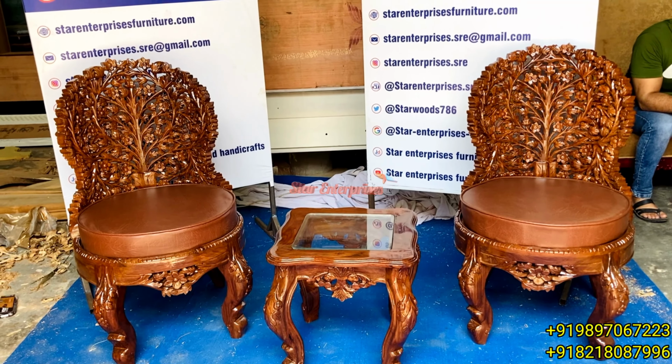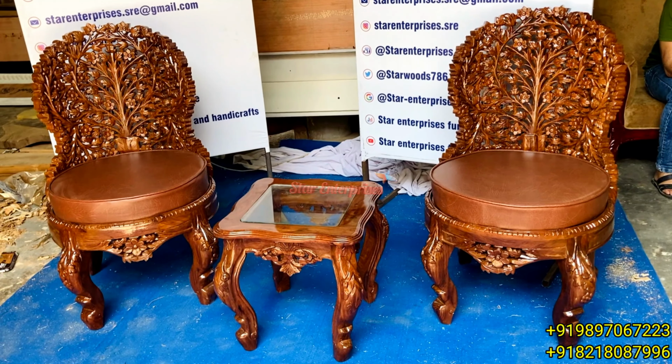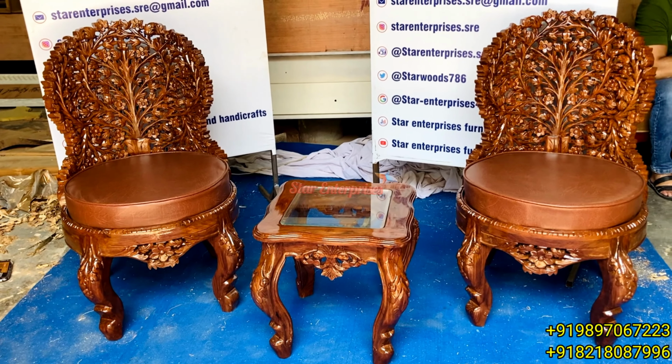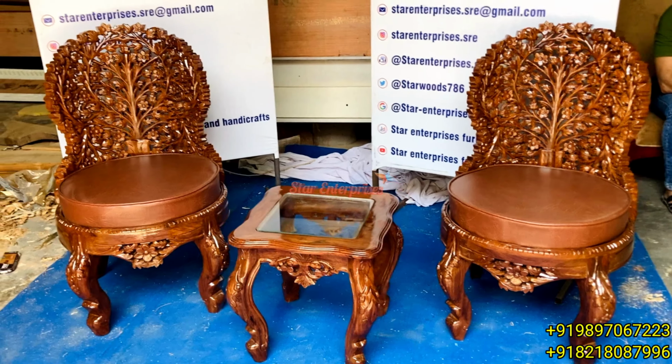Today I am going to show you an antique piece of Star Enterprises furniture, which is the master bedroom chairs. As you can see here, it is totally carved in the Sheesham wood, the natural Sheesham finish. The high gloss PU we have used in this unit, and sitting you can see the PU leather, and in the center you can see one stool also for putting things, an 18 by 18 inch stool we have used,